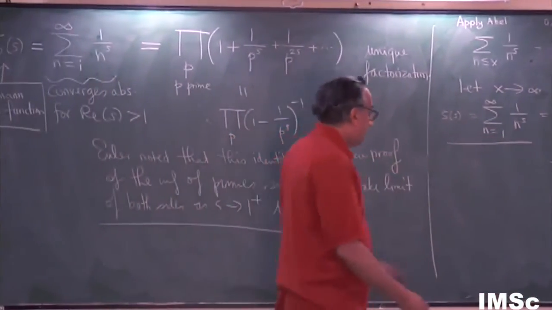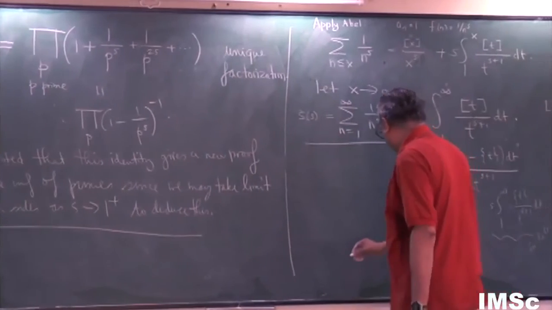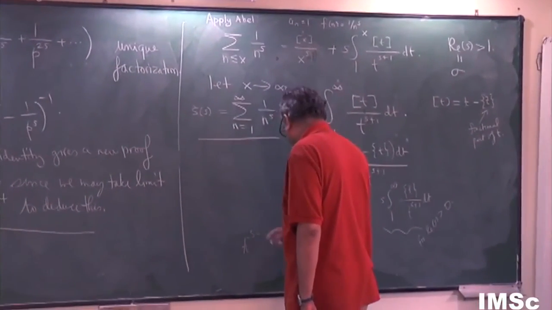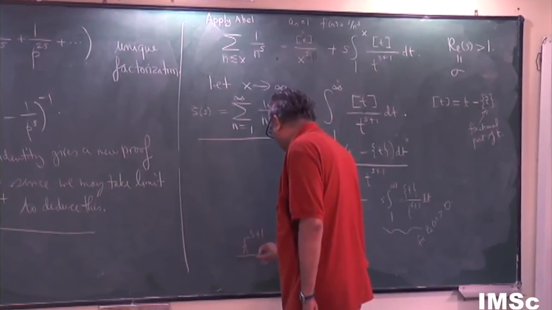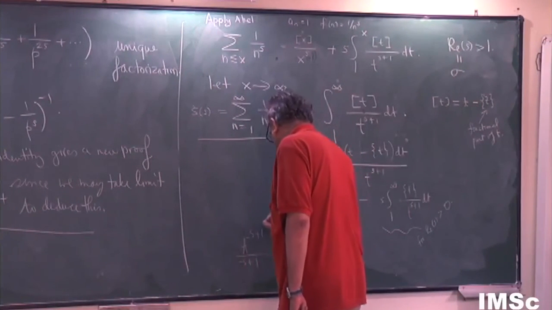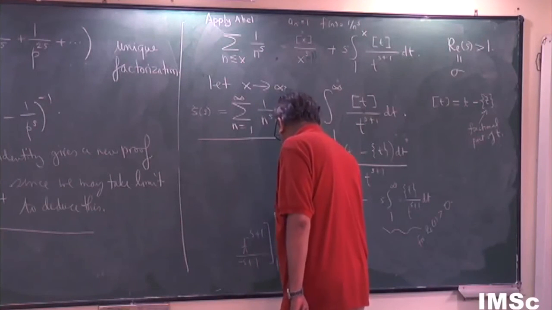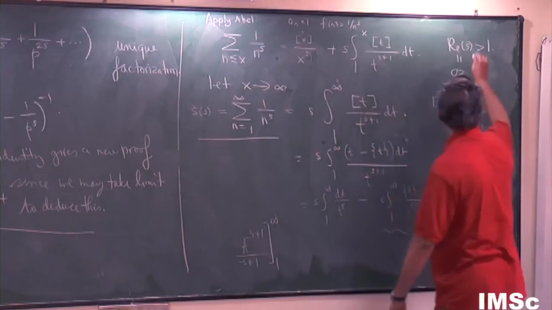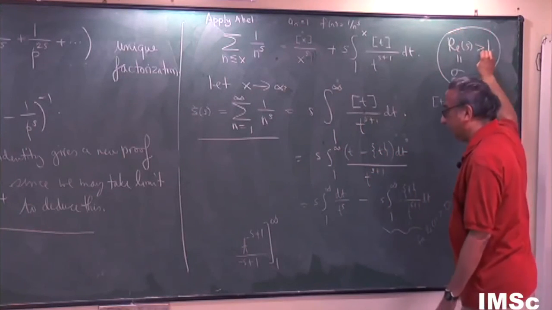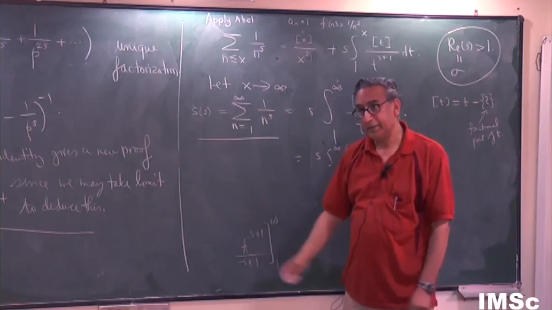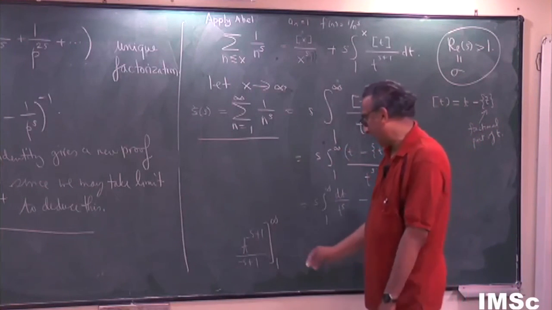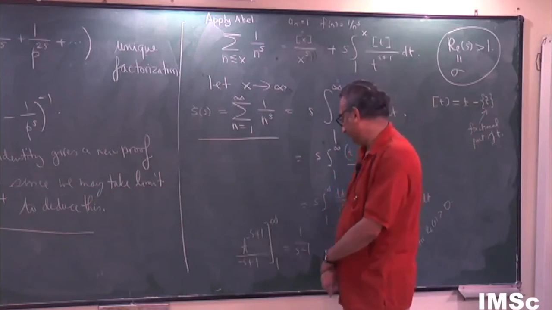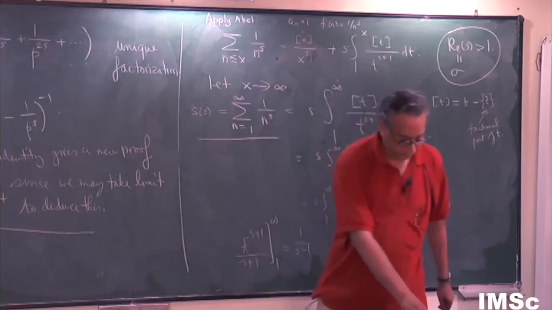Okay? The first integral can actually be integrated. So I have to integrate t to the minus s, which gives t to the minus s plus 1 over minus s plus 1, and I am integrating it between 1 and infinity, right? And keeping in mind that sigma is bigger than 1. At infinity, the first one is 0, and the second one is 1 over s minus 1, right? Therefore, this proves